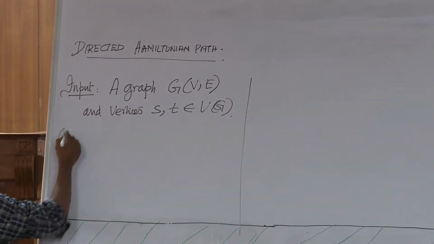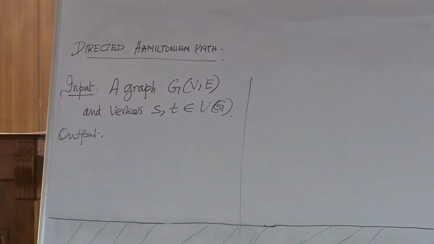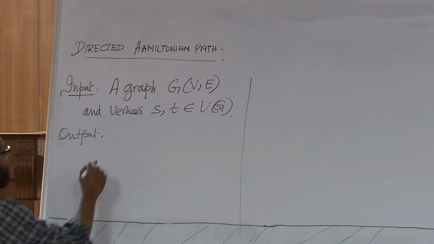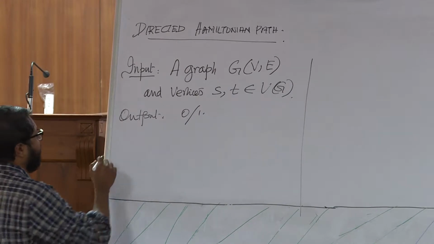What is the output? Output is always 0 or 1, right? For any decision problem, 0 or 1. What is the requirement? To decide whether